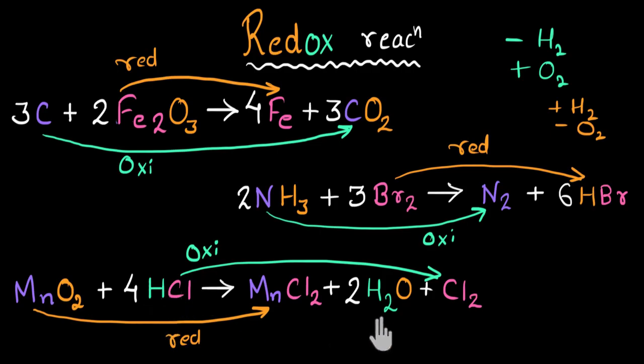Now, one last thing. Oxidation reaction and reduction reaction always occur in pair. Meaning, if in any reaction you see something is getting oxidized, then there must be something else that is getting reduced. It wouldn't be the case that you find something is getting oxidized and there's nothing